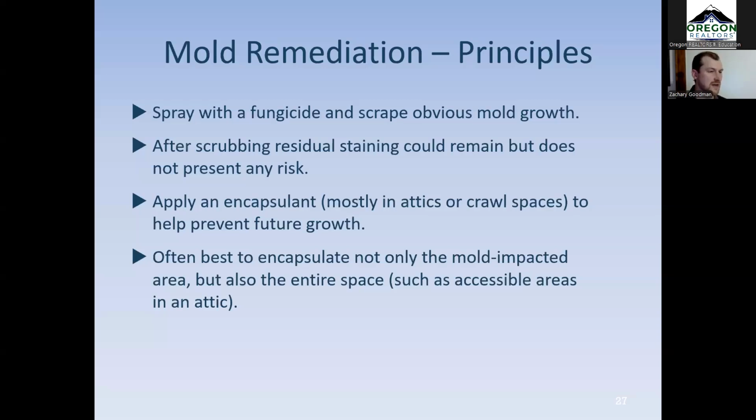After scrubbing those areas, if there is any staining, in some cases we actually prefer that there's some staining there, because that shows us that we've treated it, because we will document the whole process of spraying those areas with fungicide. And then the final thing we do is apply a layer of encapsulant. We generally use a white paint. It's usually very obvious where we have treated and where we haven't. And in the extremely rare situation where there's a small area that might be missed, it's going to be obvious because it won't be painted with white paint. In most cases, we're not applying a thick layer of whiteness. It's just a layer to treat the mold that's present after the fungicide has already been done. So it's basically a double application of treatment technologies to prevent regrowth.